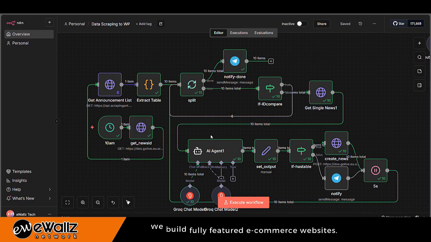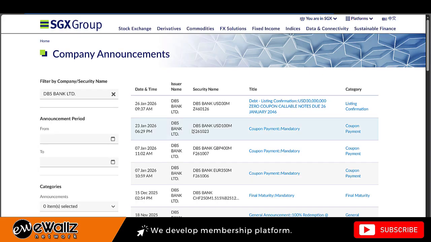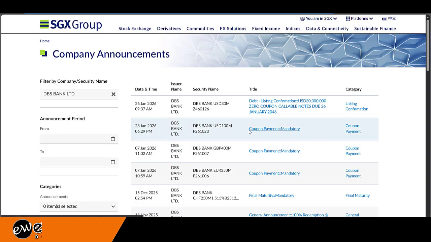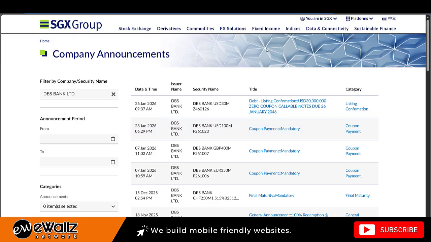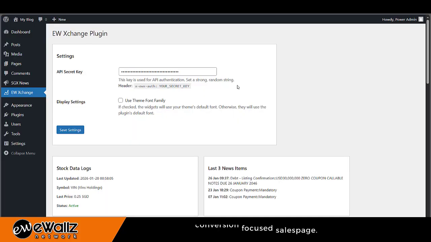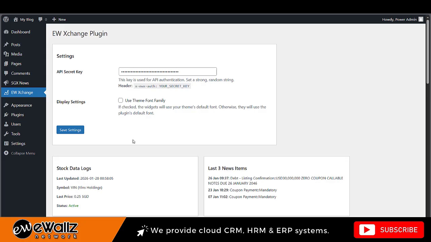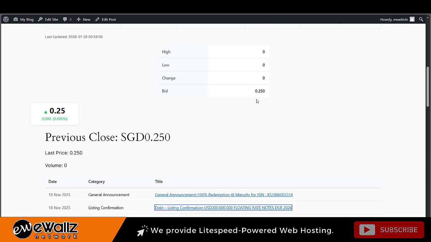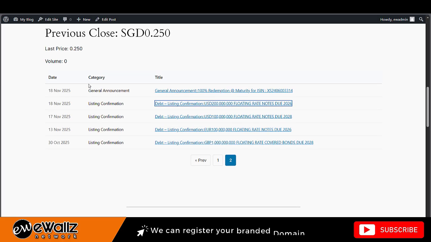It will scrape these websites and extract the information, and after processing all the data, it will pass the data back to the WordPress website using API authentication. On WordPress, we can then use shortcodes to display this information like this.